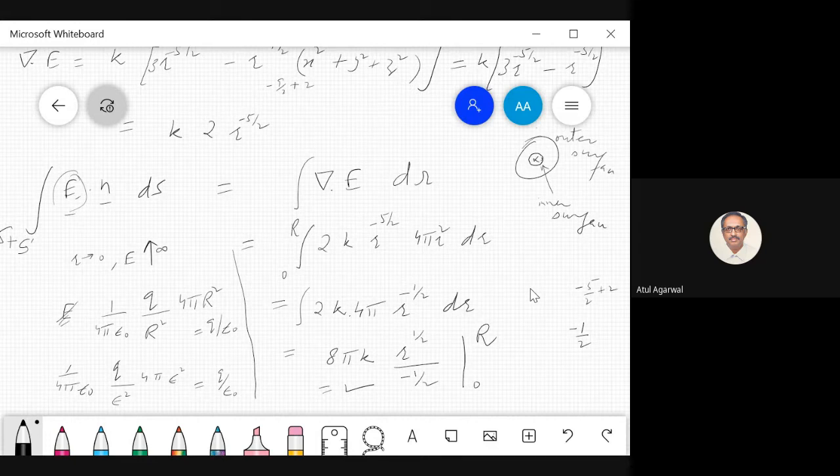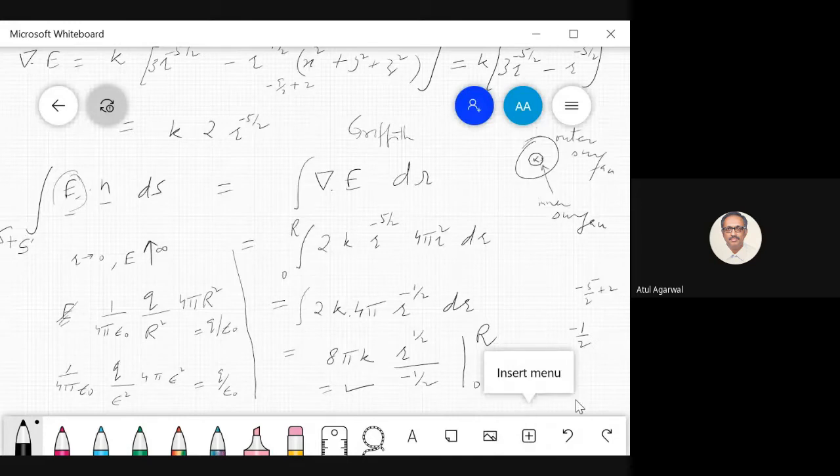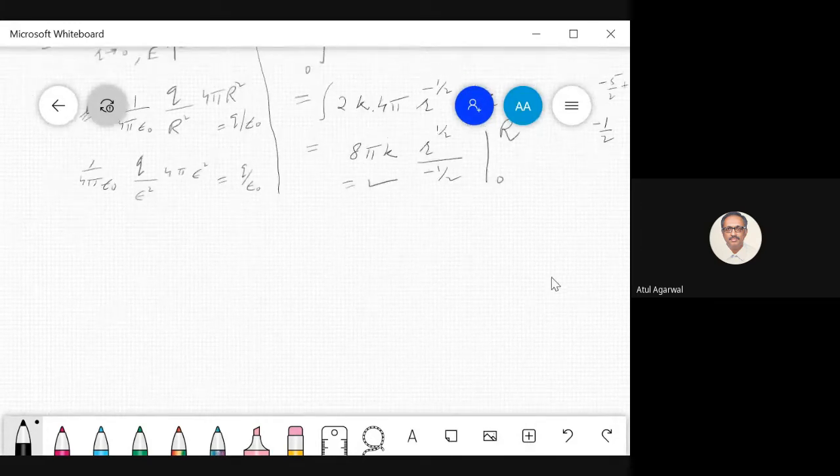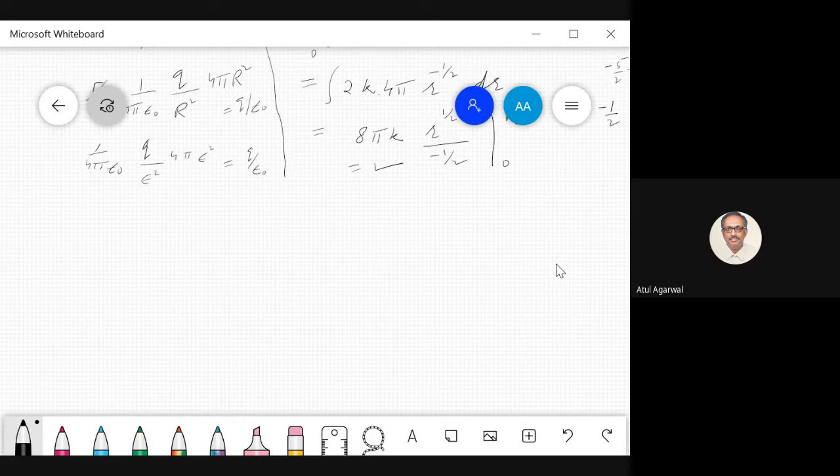So you have to check this out; I am not recalling things properly. If you look at Griffiths, he has done it nicely. So when you have a singularity, you have to subtract out that singularity, and then you get two surfaces, one outer, one inner, and you have to take the area integral on both of them, and that will be equal to your volume integral. Then we talked about the divergence theorem.